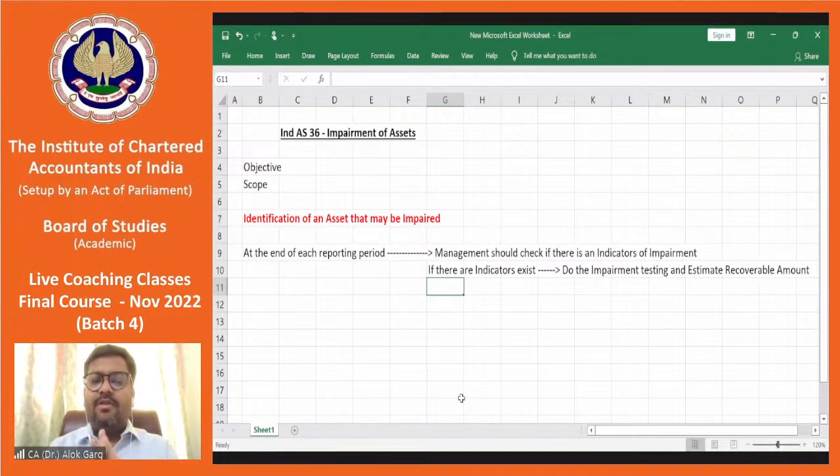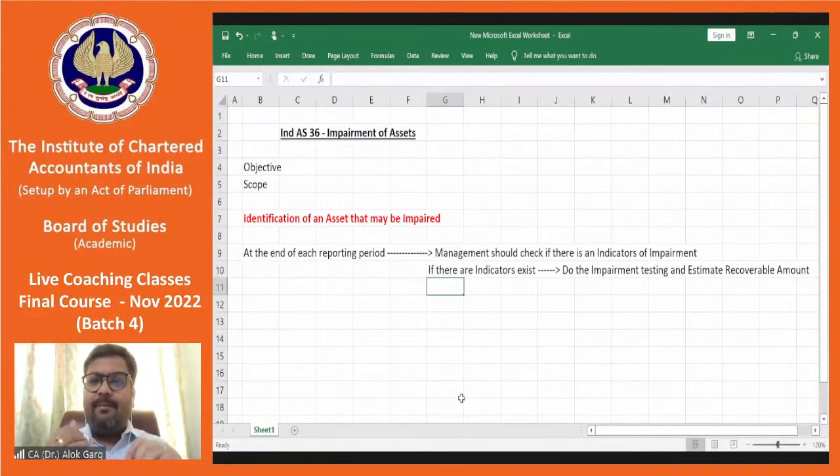Okay, so guys, first of all, you are not required to do this impairment exercise bluntly. You need to see whether there is any indicator that says this asset may be impaired, and if the indicator exists, then only you can go for the impairment testing. Otherwise you are not required to go for the impairment testing, and you are not required to estimate the recoverable